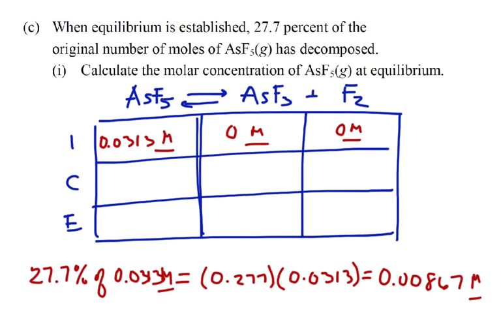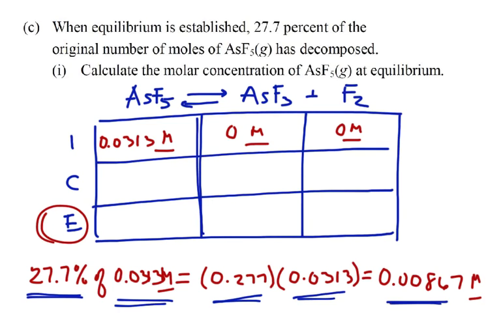Now part C, it says when equilibrium is established, 27.7% of the original number of moles has decomposed. So calculate the molar concentration of AsF5 at equilibrium. So we want these equilibrium values down here. This is really just stoichiometry. We knew what the initial concentration was, 0.0313 molar. We got that from way back in part A. And so if I have 27.7% of 0.0313, just multiply 0.277 times this, we get this number here,